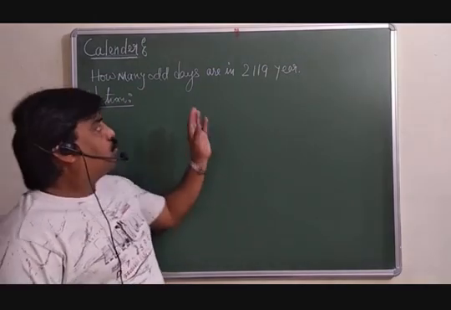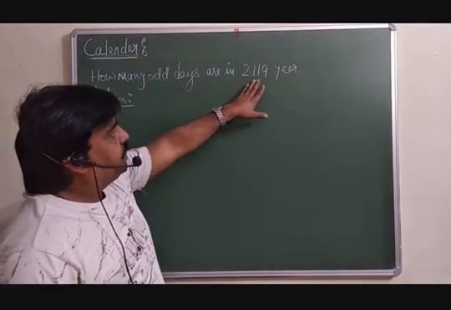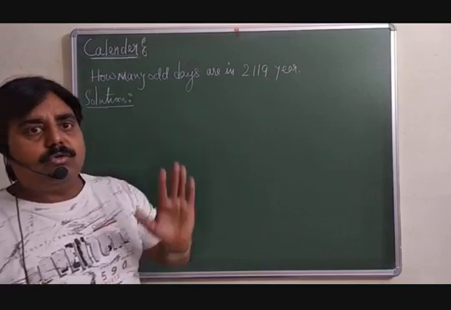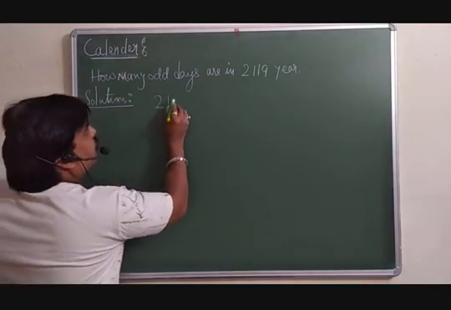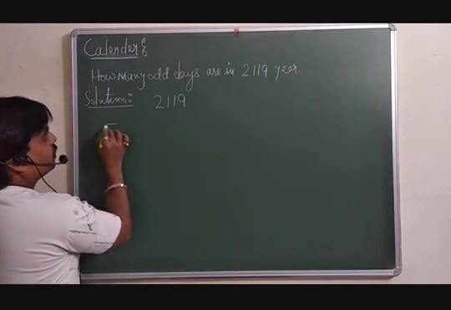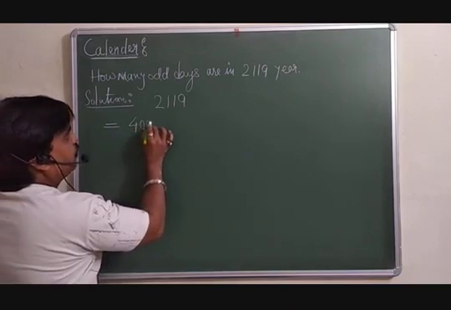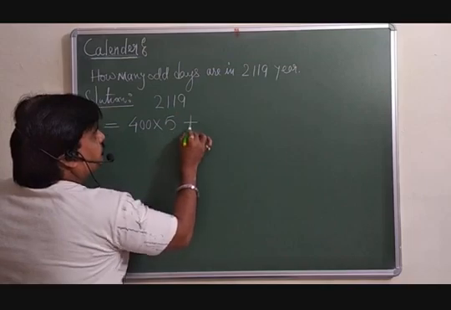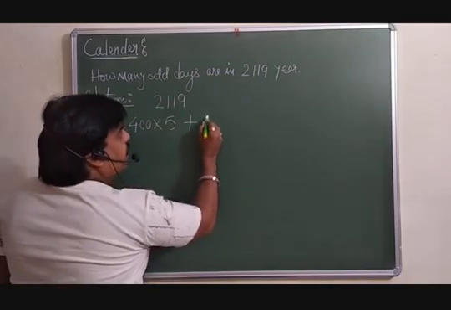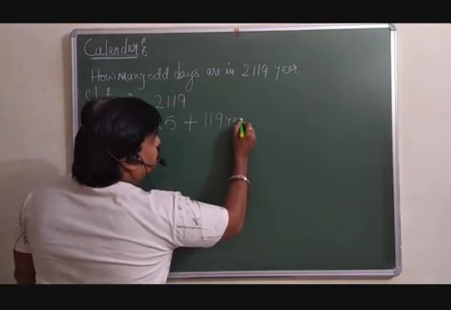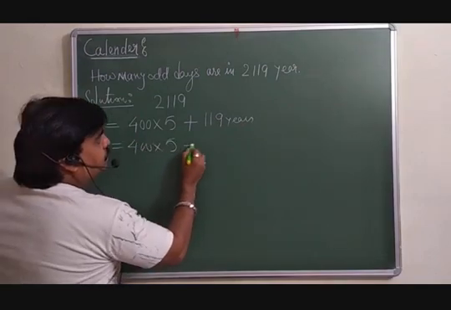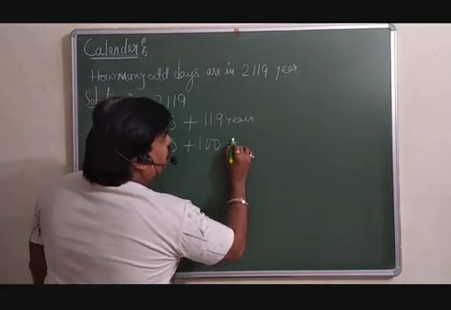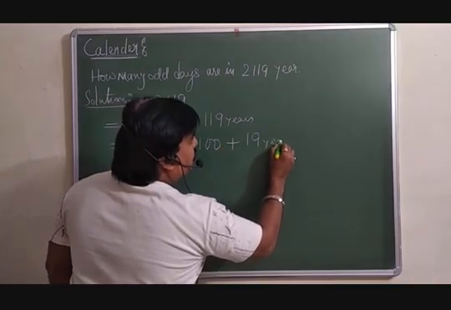Okay. One more question we are taking. Suppose your year is given as 2119 years. You want to know the number of odd days in this particular year. इस particular year में कितने number of odd days होंगे? तो उसके लिए simply you must break 4 into 5, that is 2000. 119 years is left out here. You can break this one again: 400 into 5 plus 100 plus 19 years. These are all the years there.